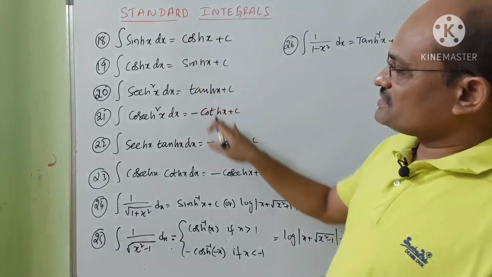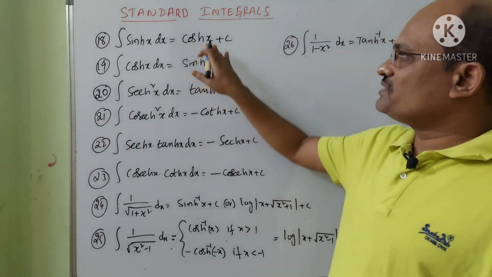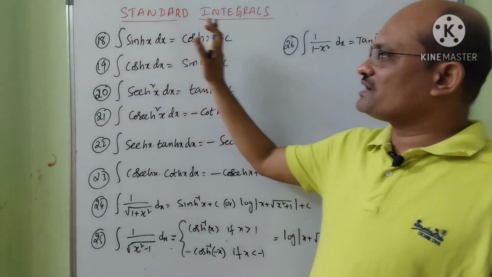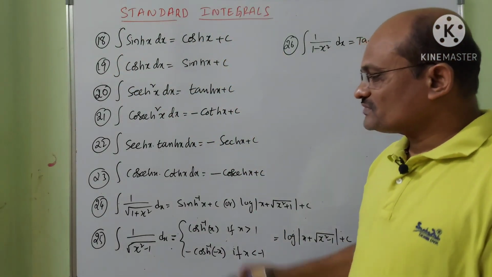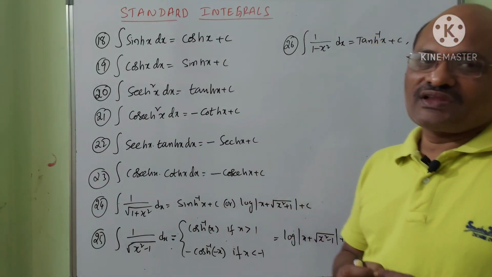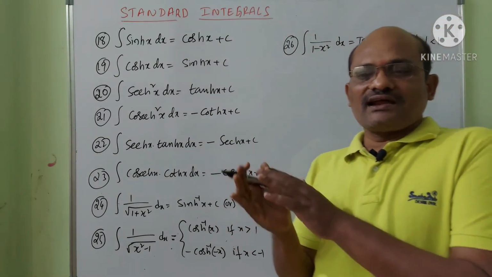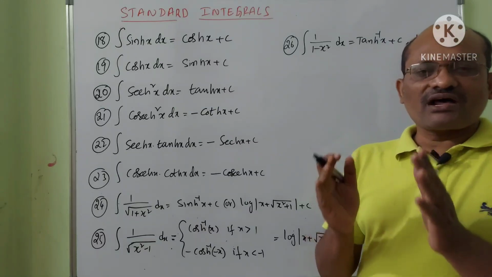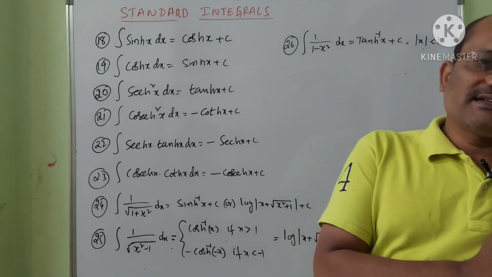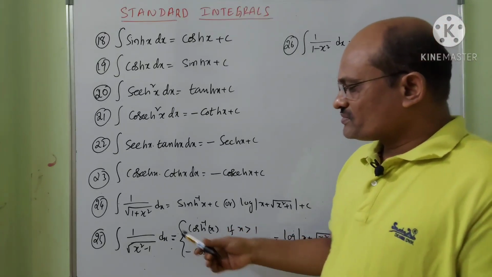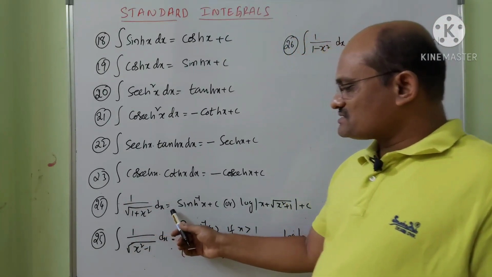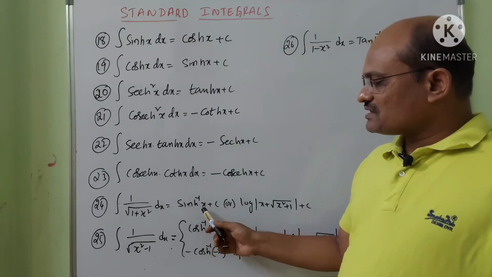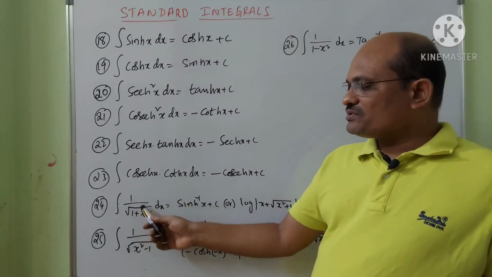These are the antiderivatives, these are the derivatives. If you differentiate right-handed parts, you will get left-handed parts. If you integrate left-handed parts, you will get right-handed parts. After that, inverse hyperbolic. Here what we are doing is, we are just writing inverse way of differentiation. Differentiation formulas we are writing in inverse manner, that is integration. Now integral of 1 by root 1 plus x square dx is equal to sin h inverse x plus c. In differentiation, sin h inverse x plus c derivative is 1 by root 1 plus x square.